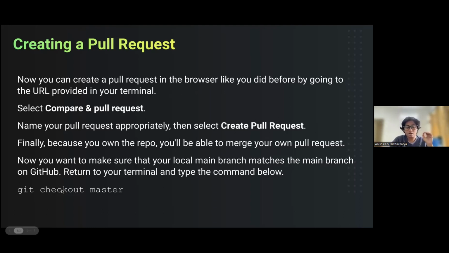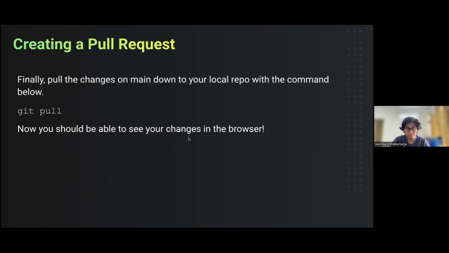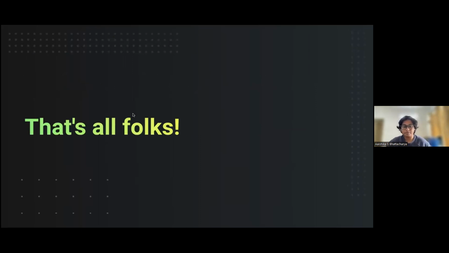So simply use git checkout main in your terminal. So finally, once you're through with everything, pull the changes on main down to your local repository with the command that is git pull. And now you should be able to see all the changes in the browser. And that's pretty much it.